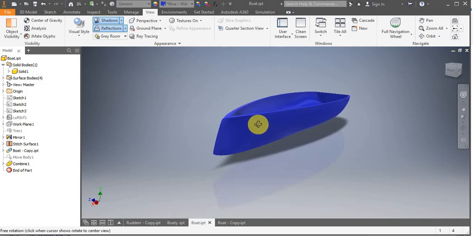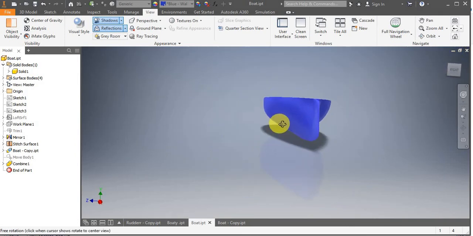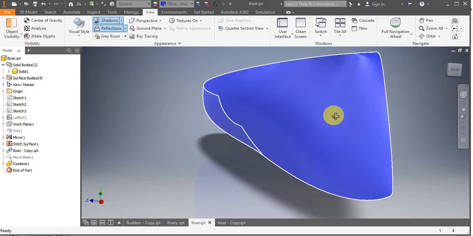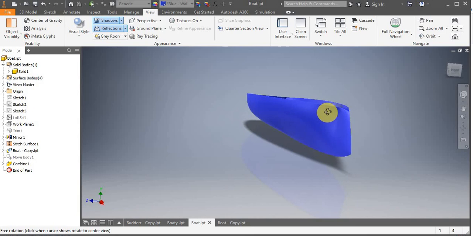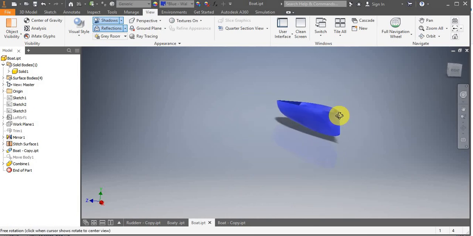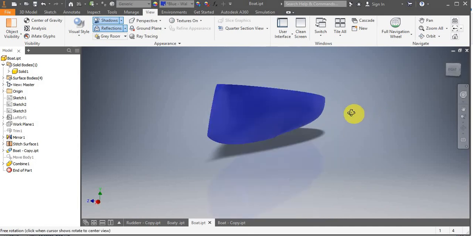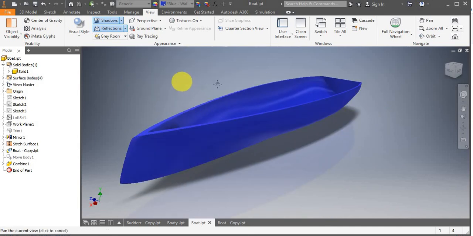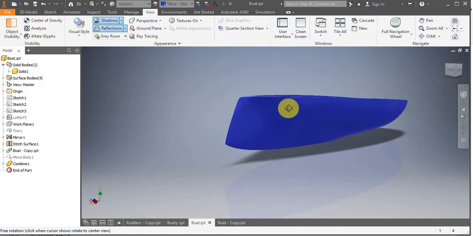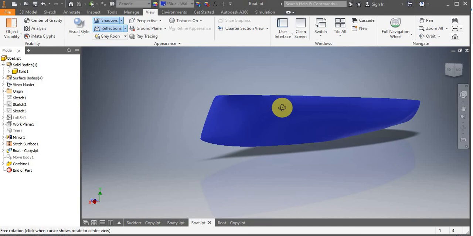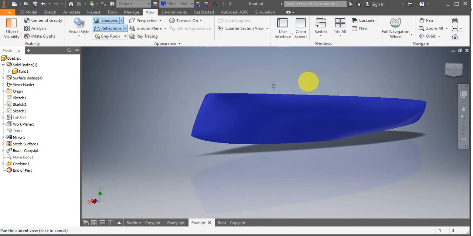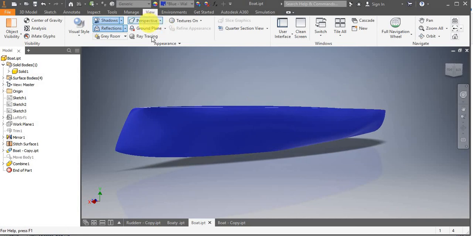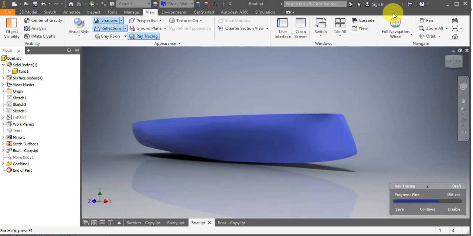Maybe we can get a nice render of it. So I've got a standard render of it, and